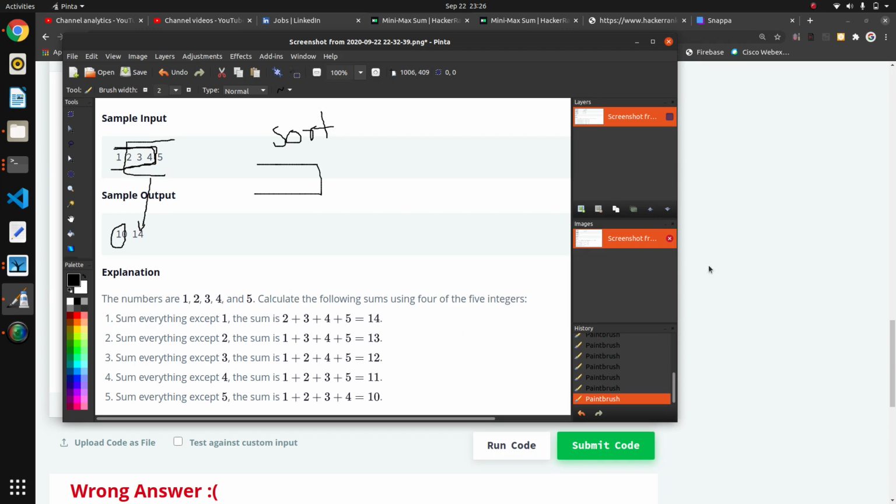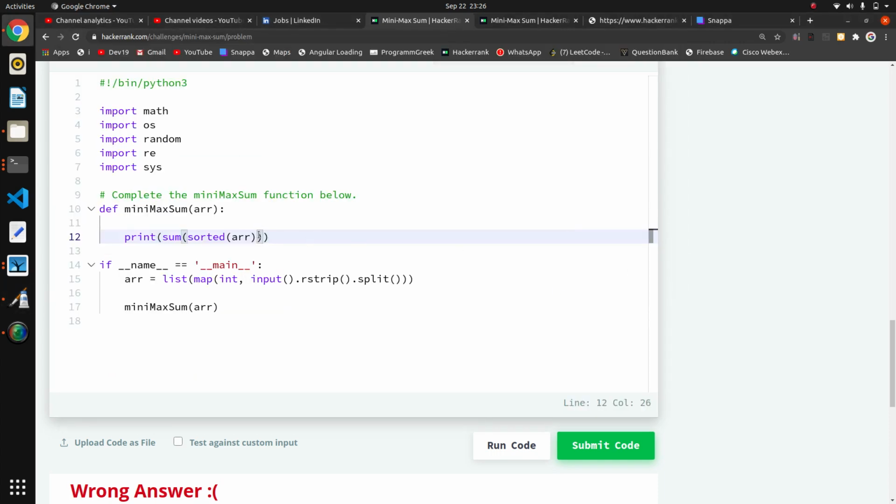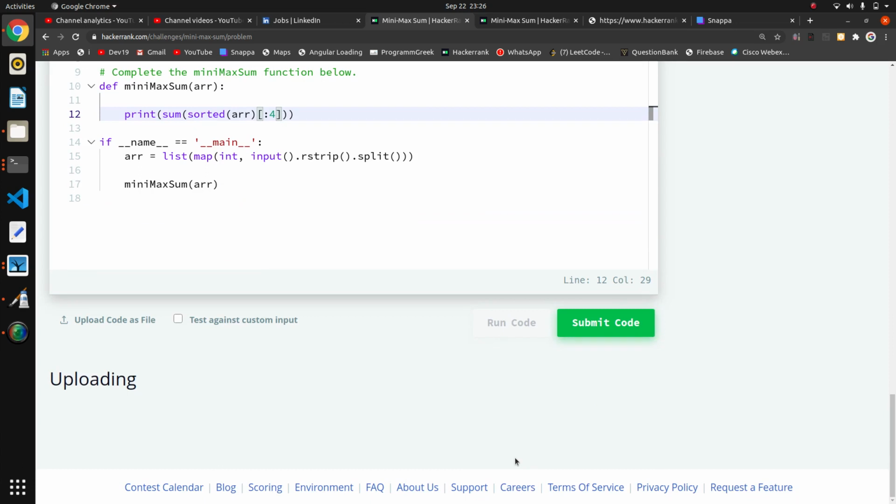So I will write here in brackets. Starting four numbers means I will not give the starting range, I will just write 4, which means it will take the range till 4 values.